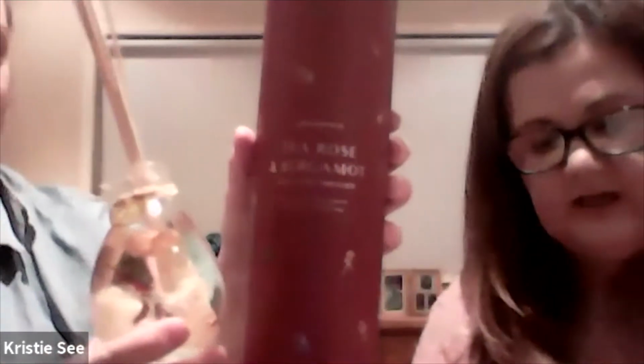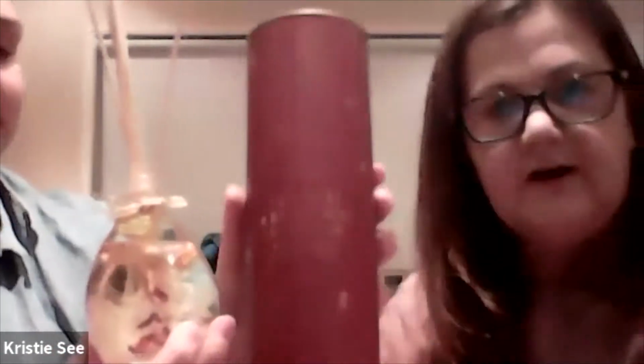So that's in our brochure. Sorry, the price, I think, is $29.90, which is just great. It's $50. And if you just rotate the reeds once a week, that will help the fragrance to fill the